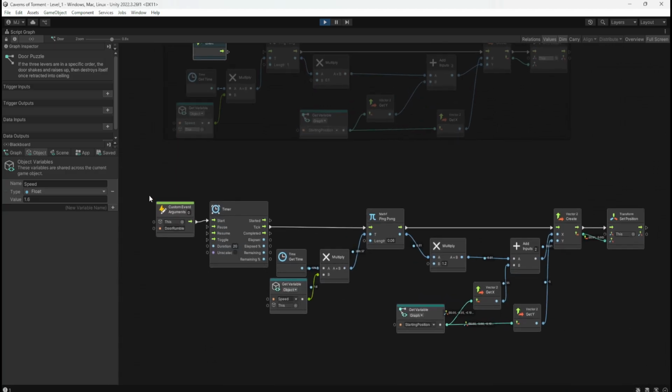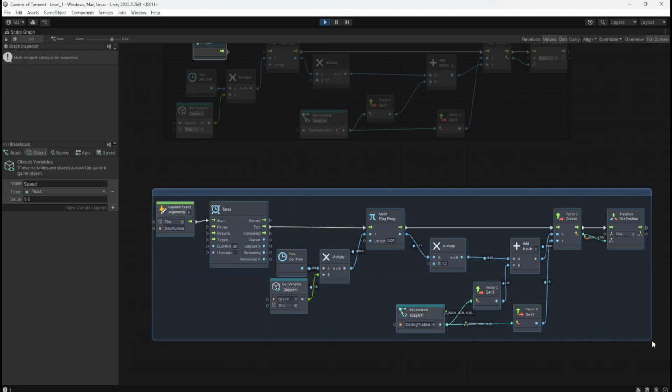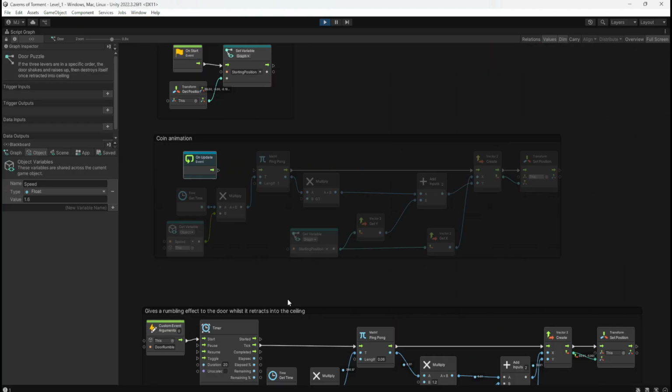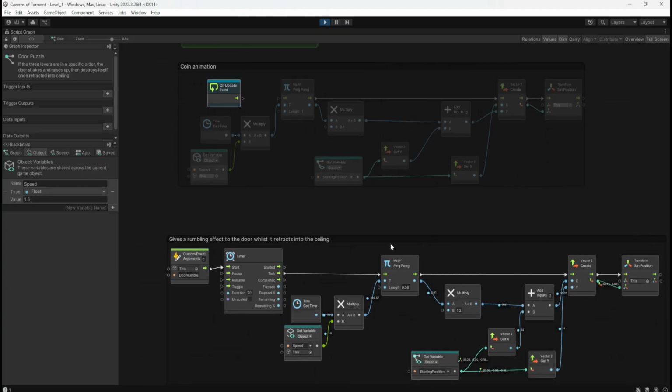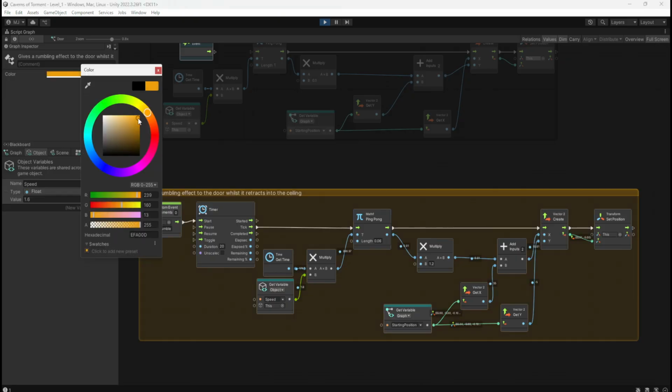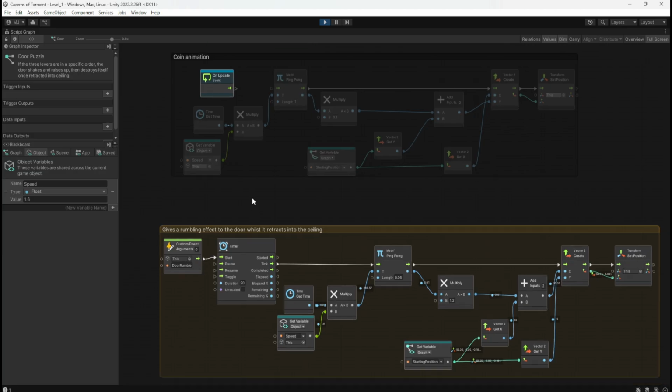So this, I'm going to put a comment around it to say gives a rumbling effect to the door whilst it retracts into the ceiling. Simple. Okay, right, so that is